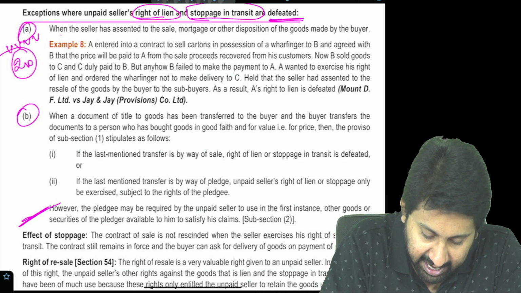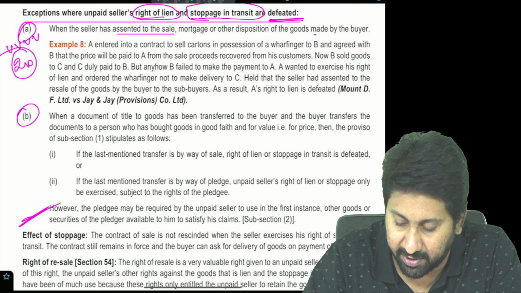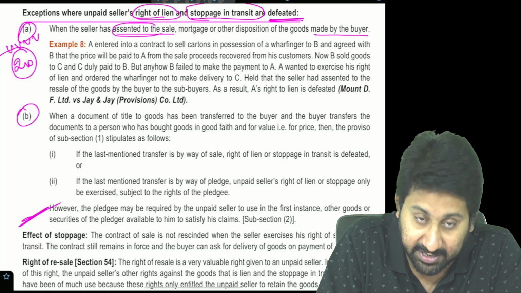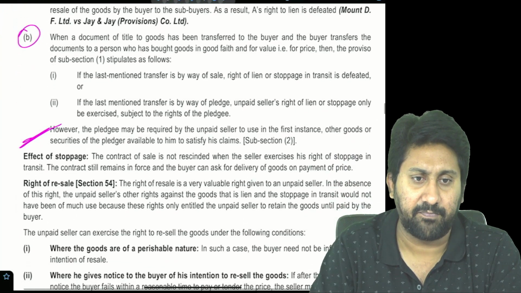When the seller has assented to the sale or mortgage or other disposition of goods made by the buyer. Already I completed this. He himself has assented. Over. Further example has been given, you can read later. Very, very